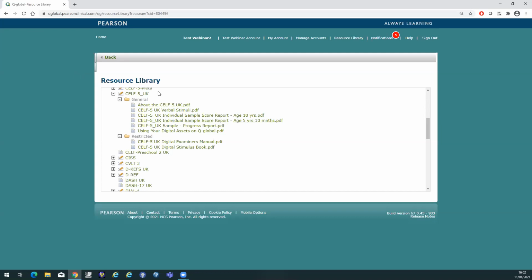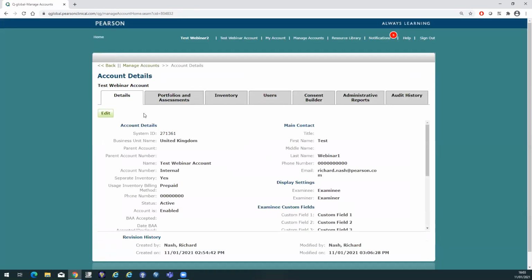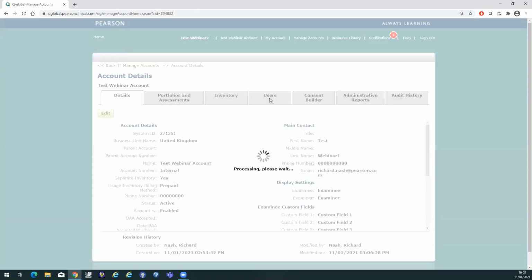To do all of that, the main account owner or one of the account administrators will go to the Manage Account feature at the very top of the screen. You'll select your account name, which will be highlighted in green. And you'll see this screen here. You've got an Inventory tab and a Users tab. Firstly, in the Users tab,